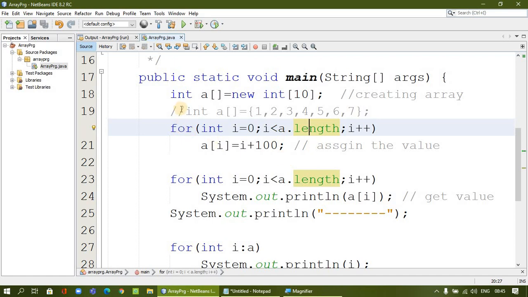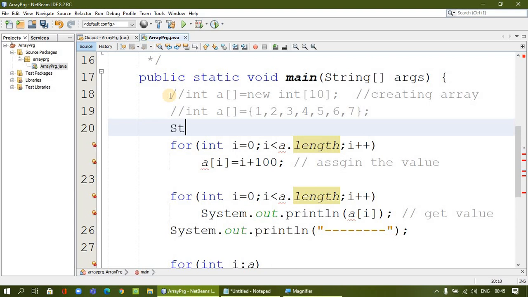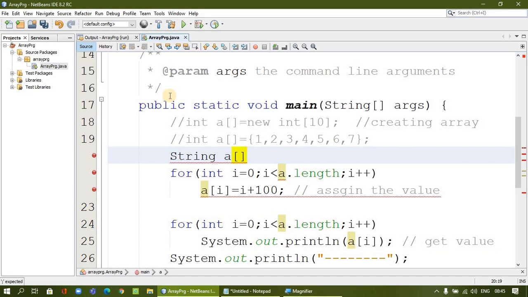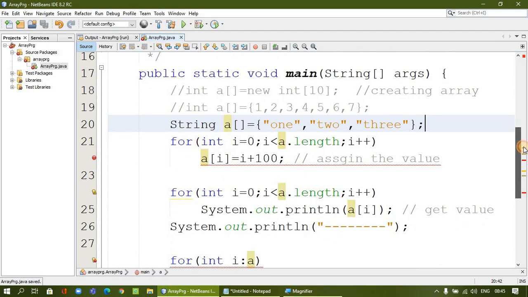One more thing I want to show is different data types. I will comment this one out and use, for example, the string data type. For the same array, I will directly initialize the values. For example, this is 1, this is 2. You can have any number of elements, that's up to us. For example, 3, let it be like this. So we have string data here.